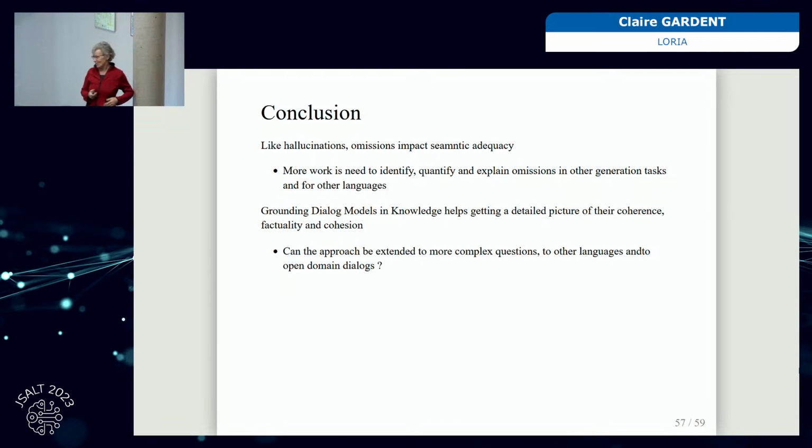I'm still formulating my question, but I was thinking about generation in a slightly different setting. Maybe it's kind of covered by your dialogue evaluations, but not the way you evaluated it. I'm thinking of it more as an information-seeking dialogue, where there is another part which requires identifying what the question is and relating it to some section of the knowledge graph, saying this bit of the graph contains the answer to the question that was asked. And then evaluating this question of semantic adequacy, as well as